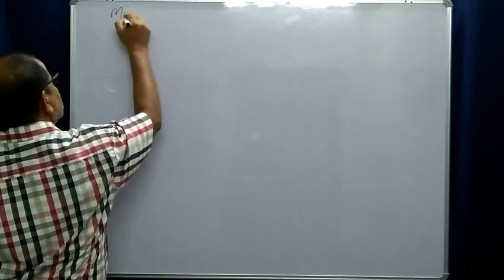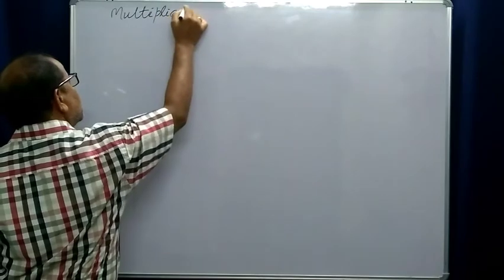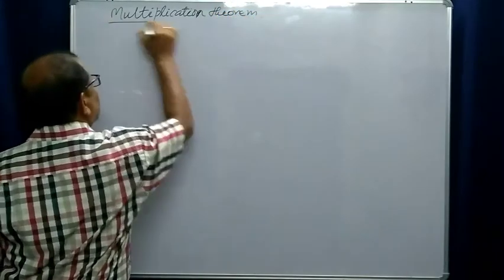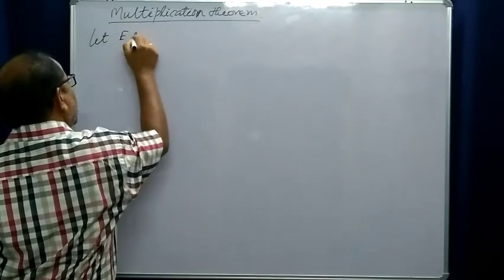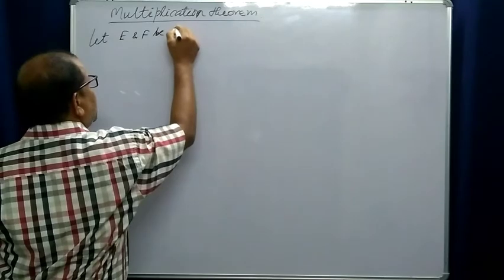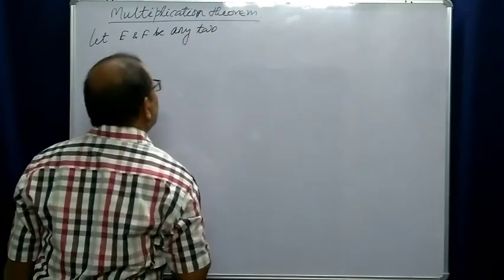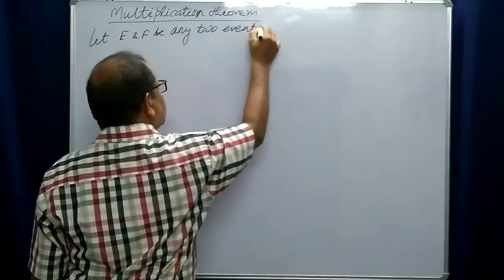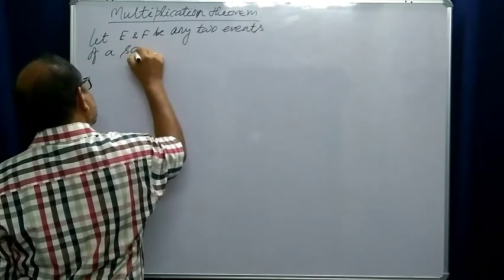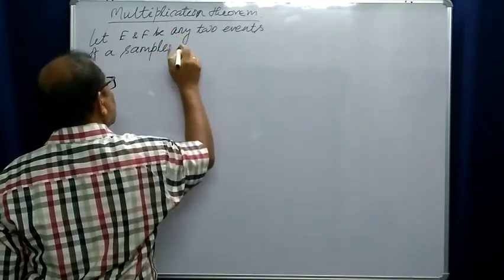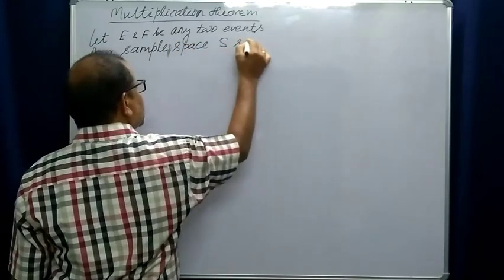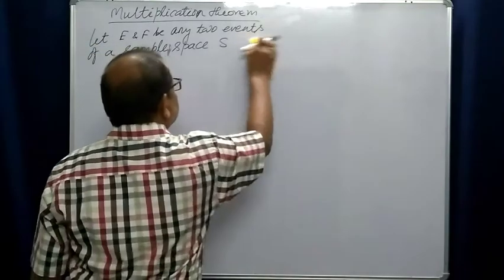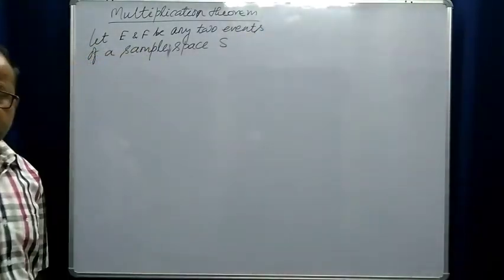This is the multiplication theorem. Let E and F be any two events of a sample space S such that probability of F is not equal to 0. So from conditional probability we know that